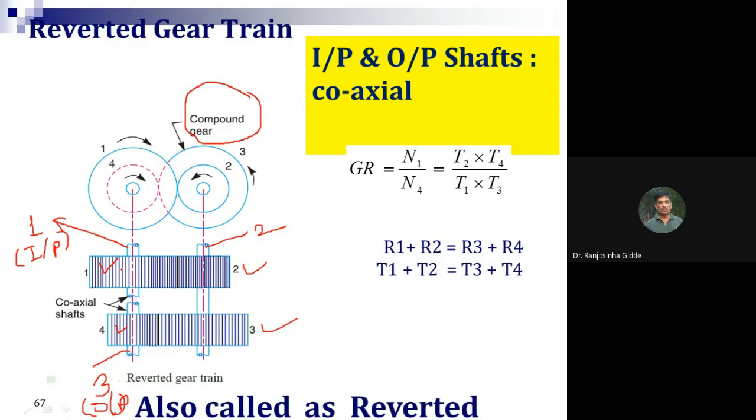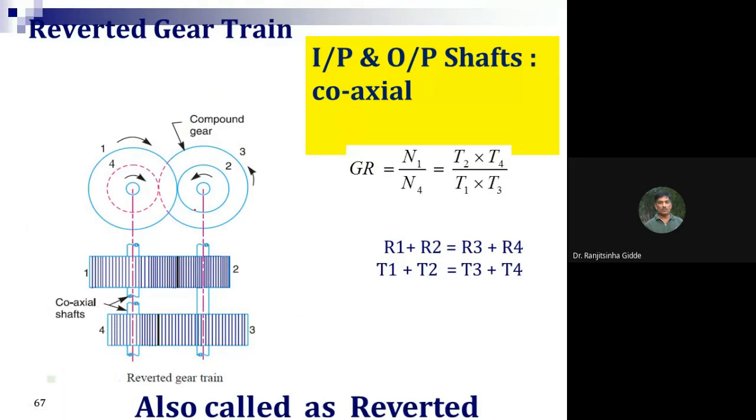So gear number 1 is in mesh with gear number 2. Once gear number 2 is rotating, 3 will automatically rotate, and it will rotate gear number 4 on shaft number 3. Okay. So here you can see that this one is the input shaft